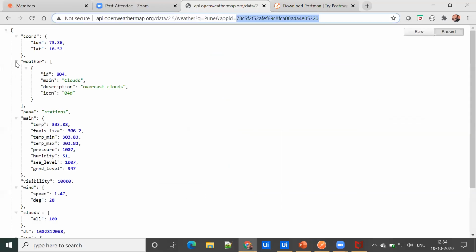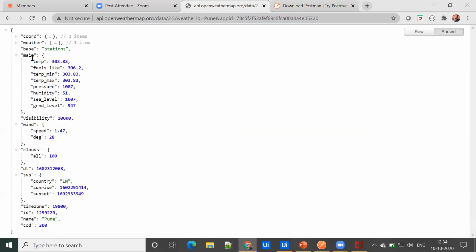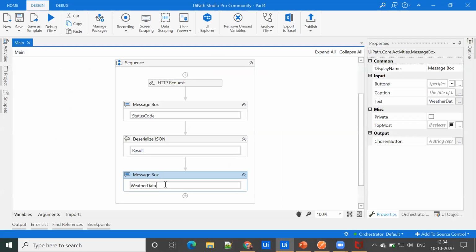Suppose I have to access the temperature value, I have to access main. And in JSON format, to access a value, we use its key. So to access main and then the temperature, we are going to simply print weather data of main and temp.